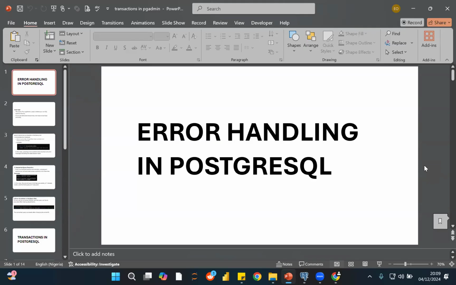Error handling is a very important concept in a lot of applications, in Python, in SQL, whether it's Postgres SQL or MySQL, or when you're writing JavaScript. How do you respond to errors? You could even create custom errors for certain operations, for example in Python. It's a whole new world in its own right. But for us using Postgres, specifically pgAdmin,